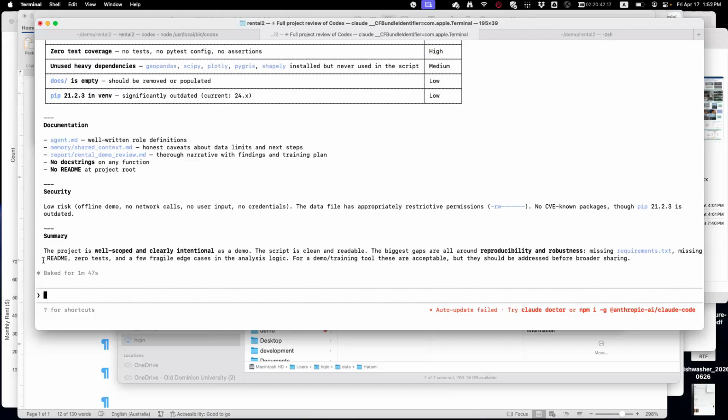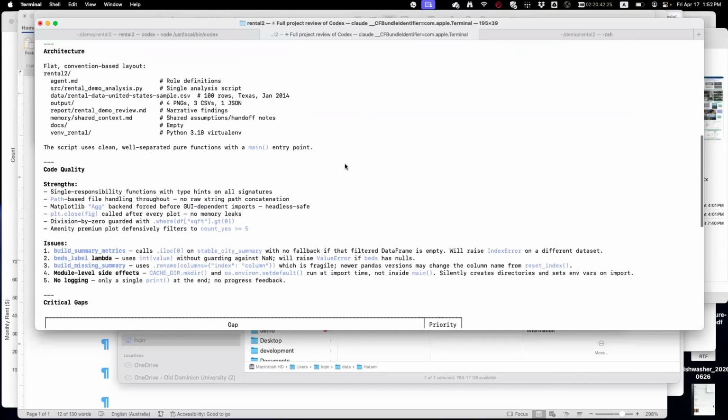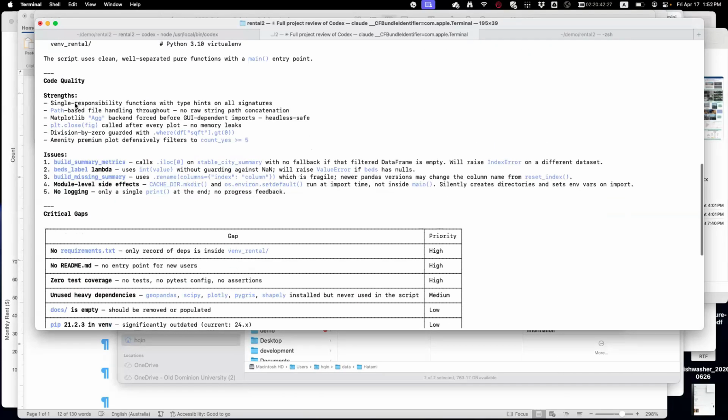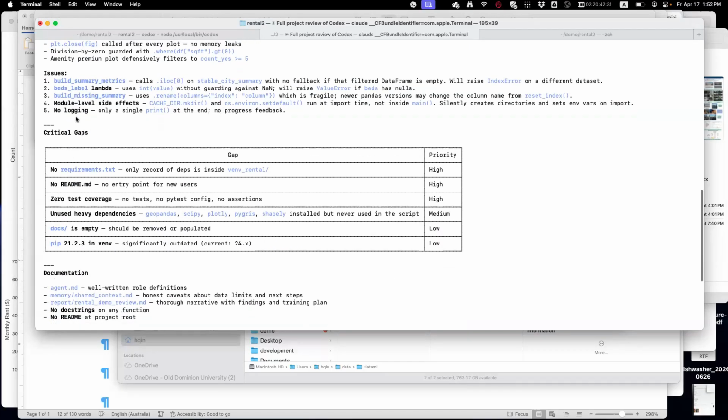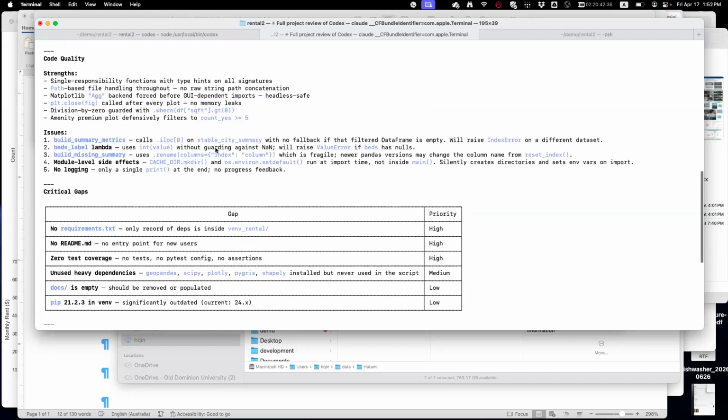Okay, so Claude does give a good review. Very quick. Code quality, single responsibility, path-based. Are there errors? It does have some errors. Not errors, I guess, potential bugs.